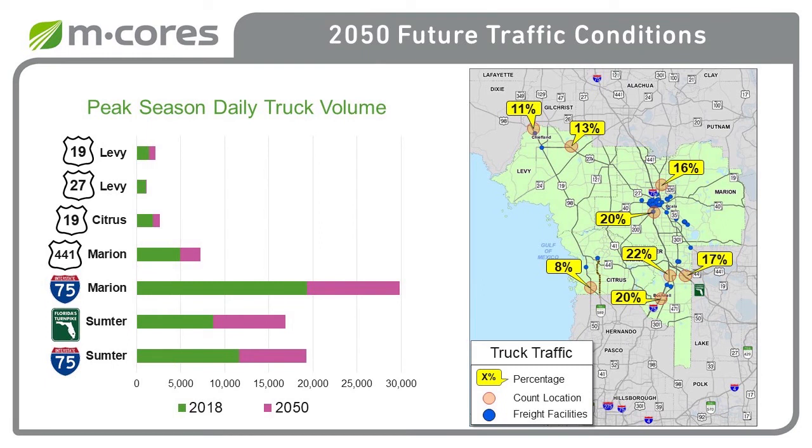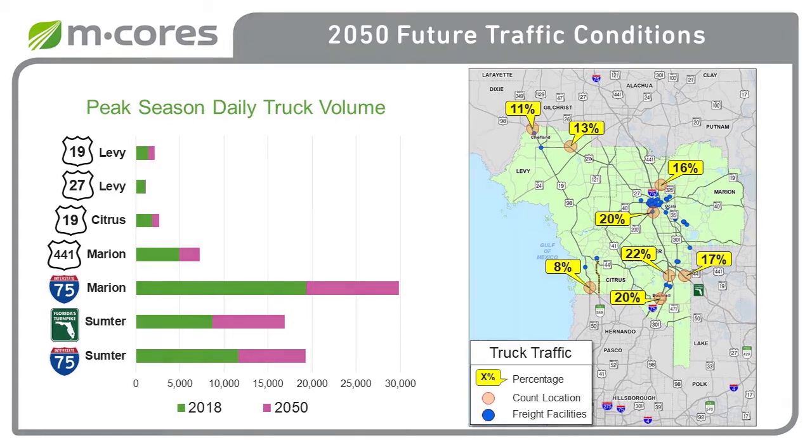This slide shows existing and future year truck traffic volumes and truck traffic as a percentage of overall traffic. Actual truck traffic counts are highest along the interstates. Truck traffic volumes are not as high on the local roadways. However, several local roadways within the study area have truck percentages in excess of 10%. Truck traffic as a high percentage of overall roadway traffic can reduce capacity.